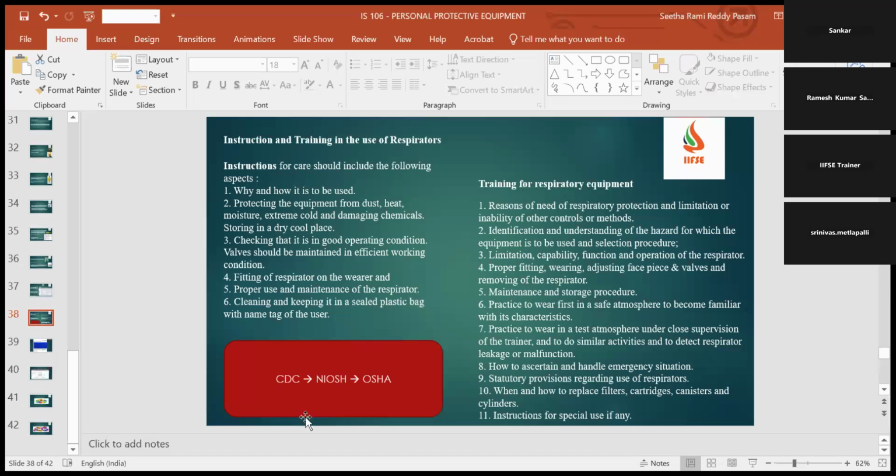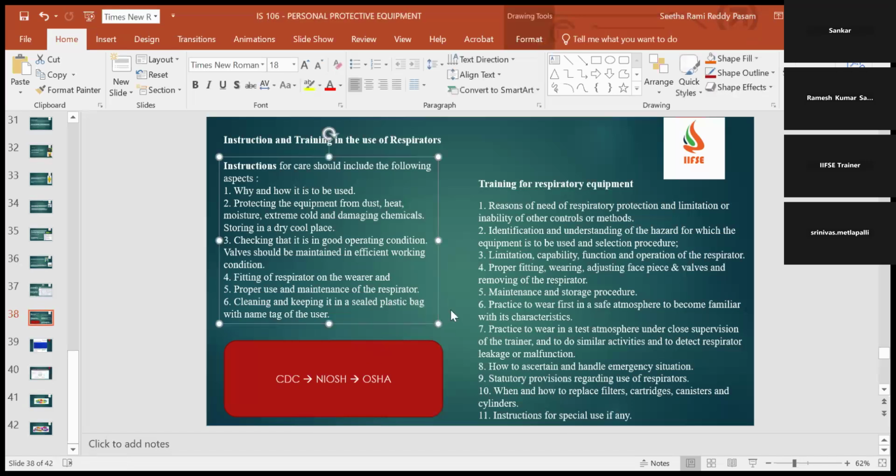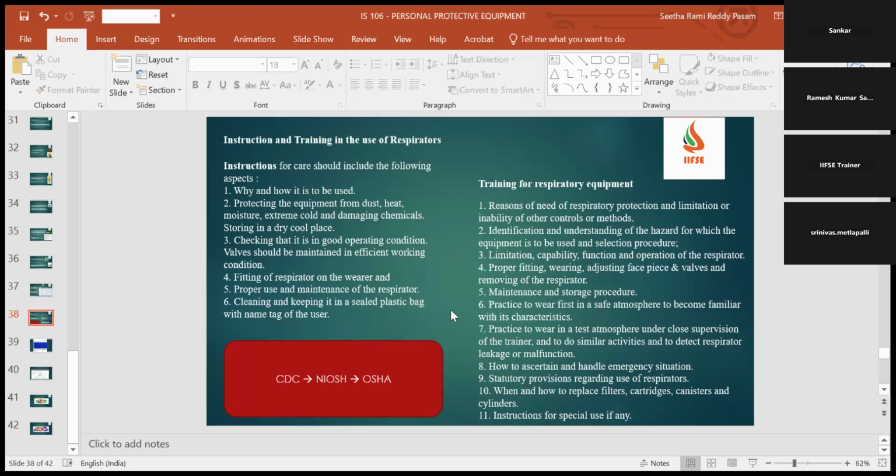So here I have written CDC, NIOSH and OSHA. Whenever you use PPEs in India, we always prefer to have a PPE which is certified by ISI standards, and also over and above, whichever is more stringent. That is the best practice. So if ISI is more stringent than OSHA, you can prefer ISI. If OSHA is more stringent, or it is giving a higher standard than ISI, you can go with an OSHA or